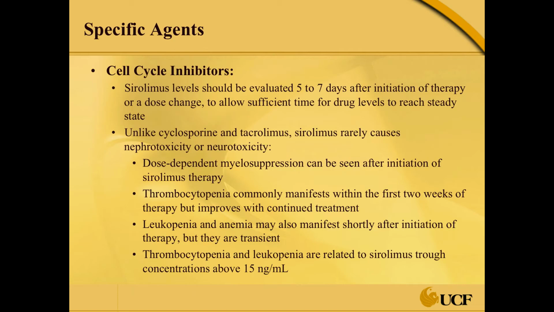Leukopenia and anemia may occur shortly after initiation of therapy, but they're usually transient, they usually go away. And thrombocytopenia and leukopenia are related to the dosing. So if you get a level of sirolimus that's greater than 15, then that could be the reason why you're getting these